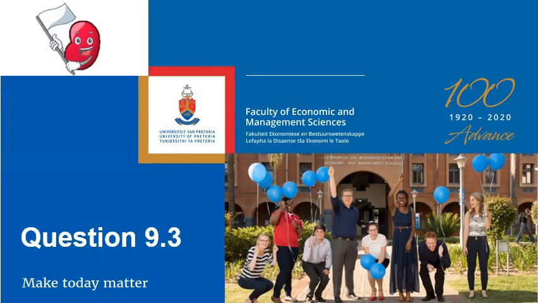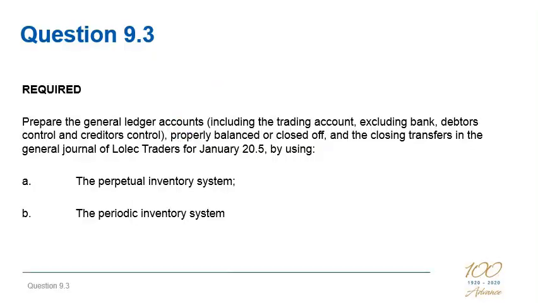Good day, everyone, and welcome to this recording of an explanation on question 9.3, and it deals with closing transfers for the perpetual and the periodic inventory systems, both of those. In the required part, they ask us to prepare the general ledger accounts, including the trading account, but excluding bank, debtors control, and creditors control, properly balanced or closed off, and the closing transfers in the general journal of Lolac Traders for January 20.5 by using in the A part, perpetual inventory system, and in the B part, the periodic